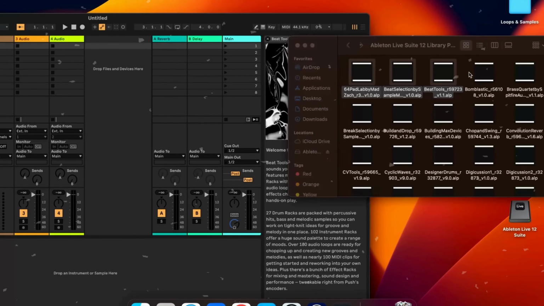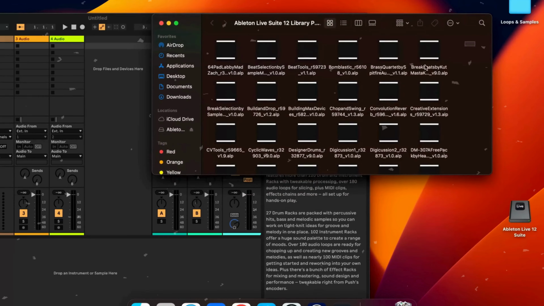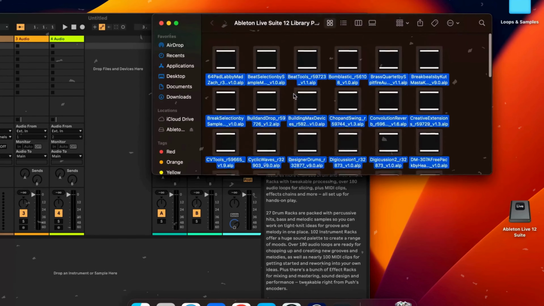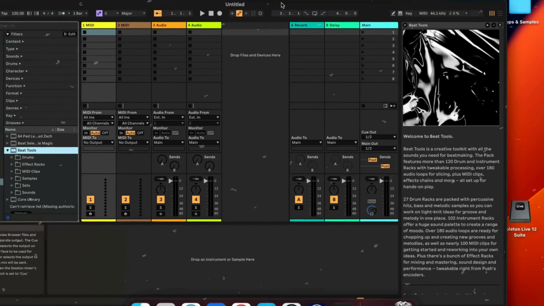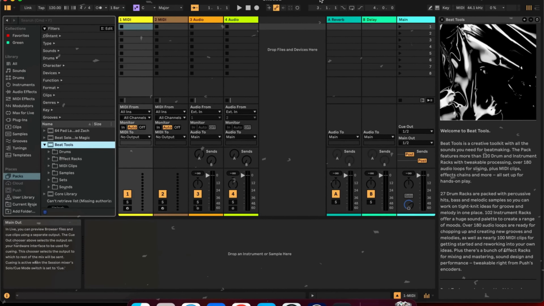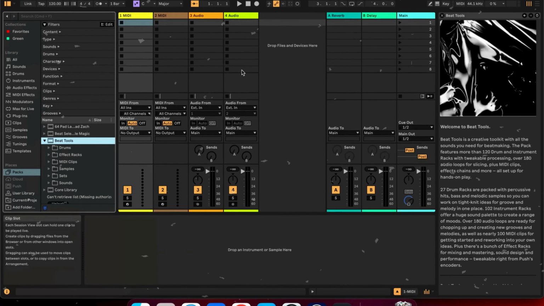Alright, there we go. So if you wish to install all of the packs, you can simply select all of them and just drag and drop into the Ableton 12. So pretty simple. And once there's a new feature free update for that,